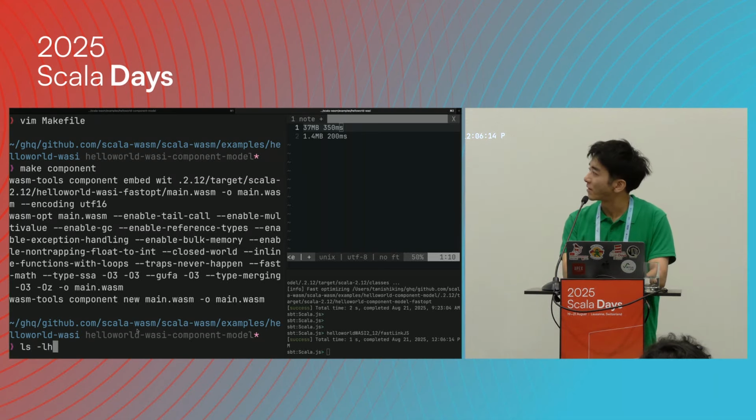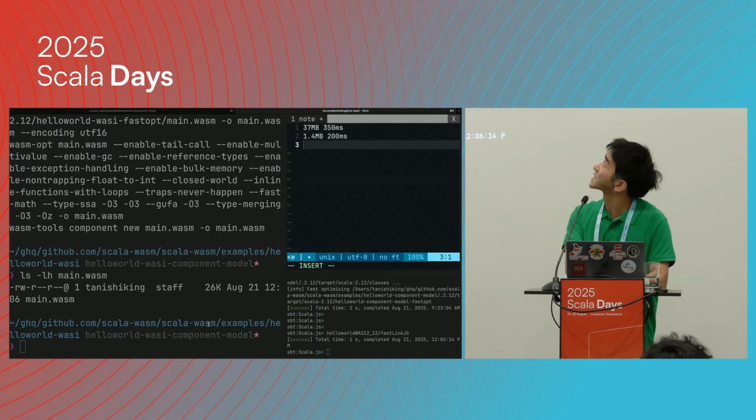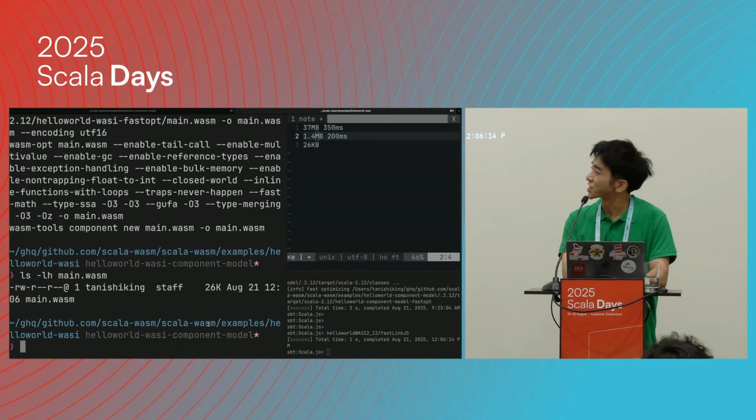And let's check how big it is. It is 26 kilobytes, so it is much, much smaller compared to other things. And let's see